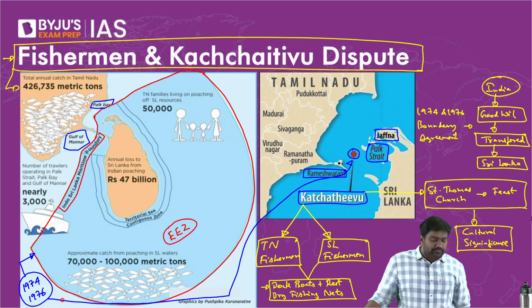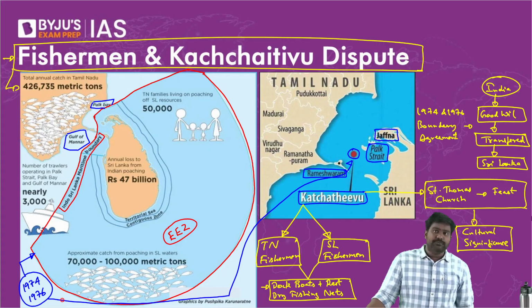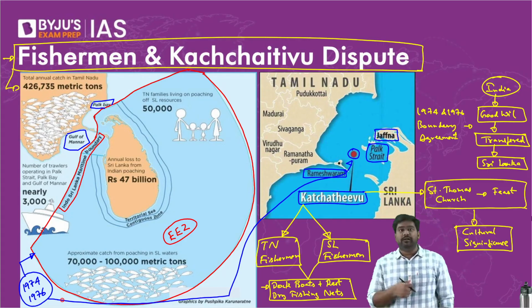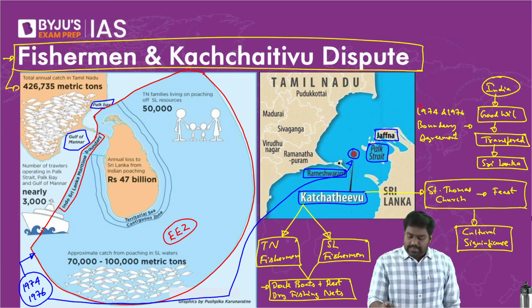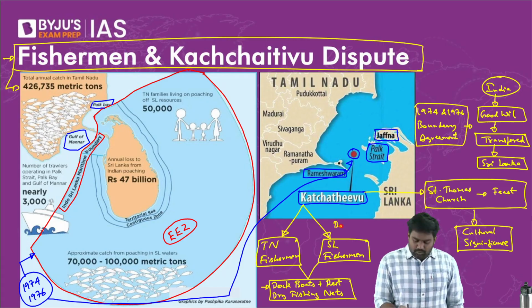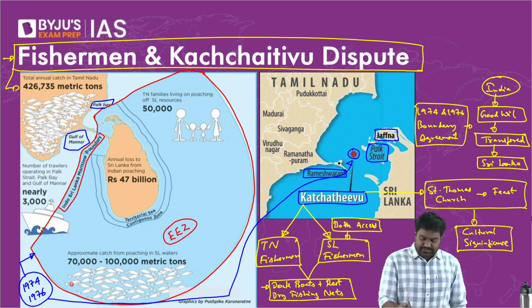So during this period of tensions, an attempt was made by the Indira Gandhi government to normalize the relations. A hand of friendship was extended by India as a goodwill gesture. Given that Kachativu was equally important to Sri Lankan fishermen, we agreed that both fishermen will have access. Both sides will continue to have some access for these basic purposes, that is to dock the boat, to dry the fishing nets and rest, and to attend the cultural event. Tamil Nadu fishermen were supposed to be given access.